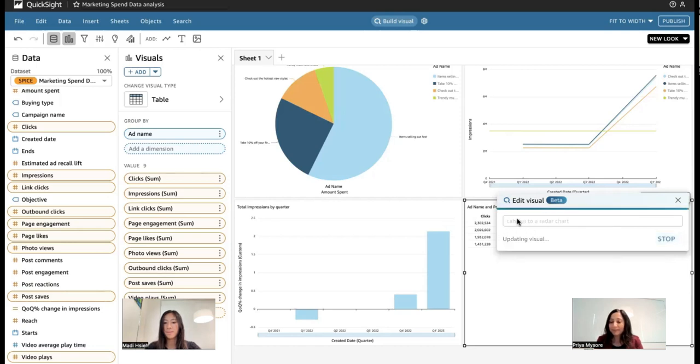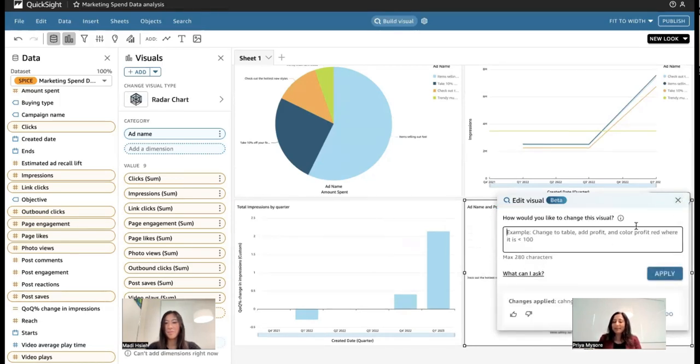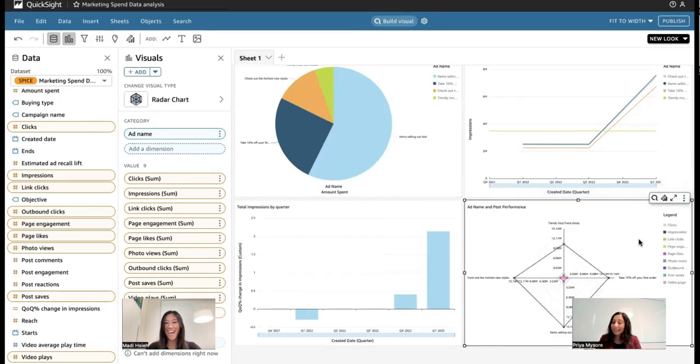Oop. See if it recognizes that. Okay, let's try again. Oh, did it work? Oh, wow. It did. Yeah, so it does. You remembered my misspelling. That's fantastic. Okay, awesome. This looks cool, but I think I'd rather have the legend be ad names instead of